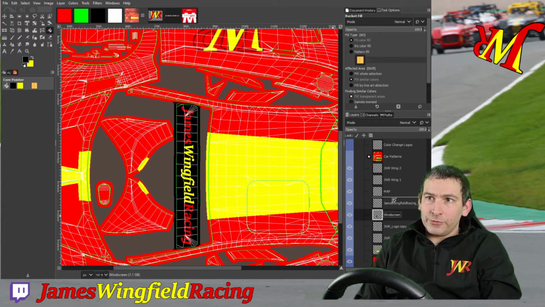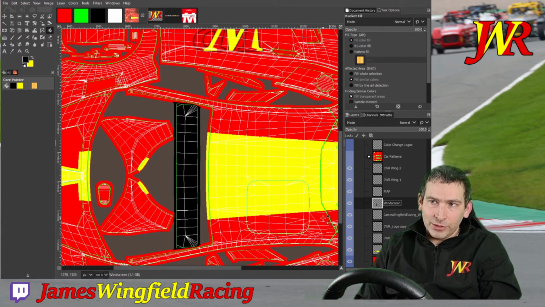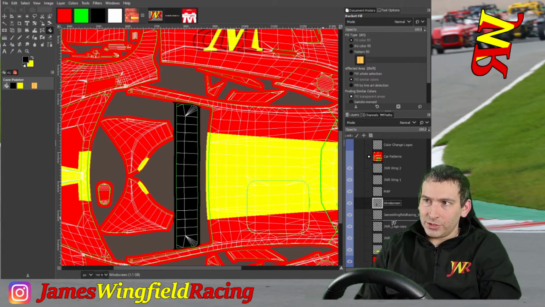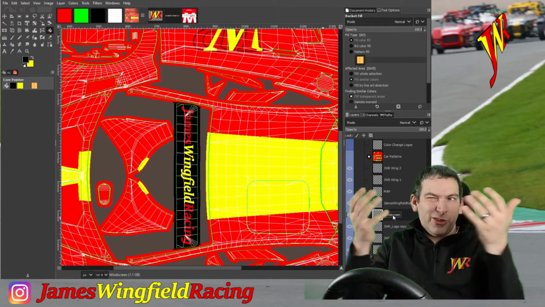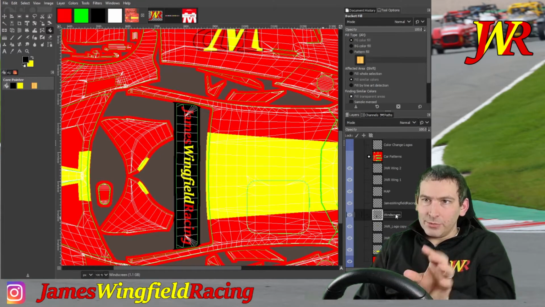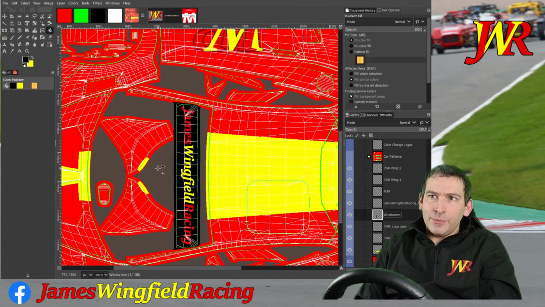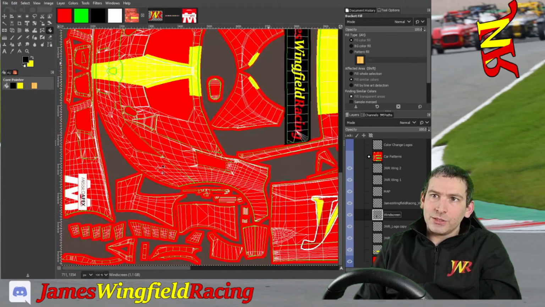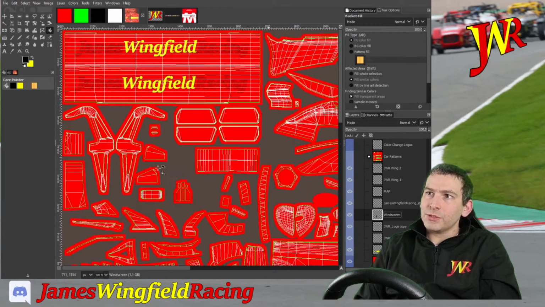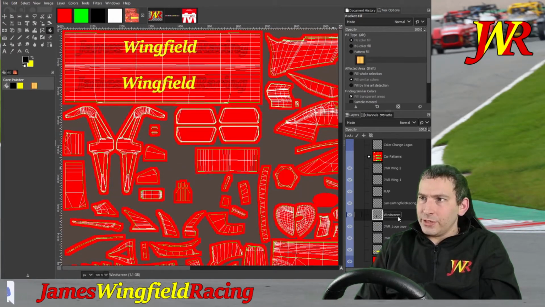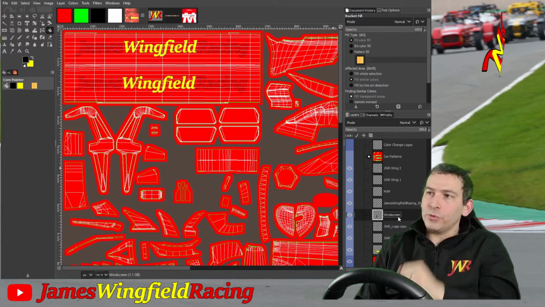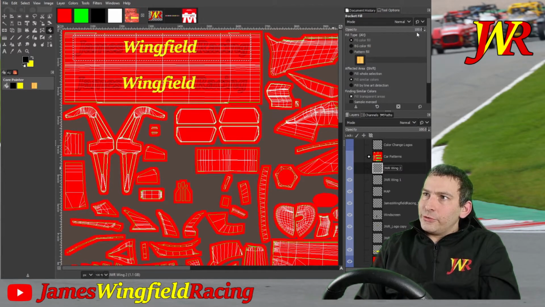I could put it in front of the James Wingfield Racing logo, but obviously it will sit on top and cover it up. So I'm going to drag it underneath, and now hopefully that just looks a bit nicer. I've got the same kind of thing on my MX-5 livery, and I quite like that. And I think what I'll do whilst I'm at it is scroll up a bit and do the same kind of thing on the wing up there. So again, I'll create a new layer up here,